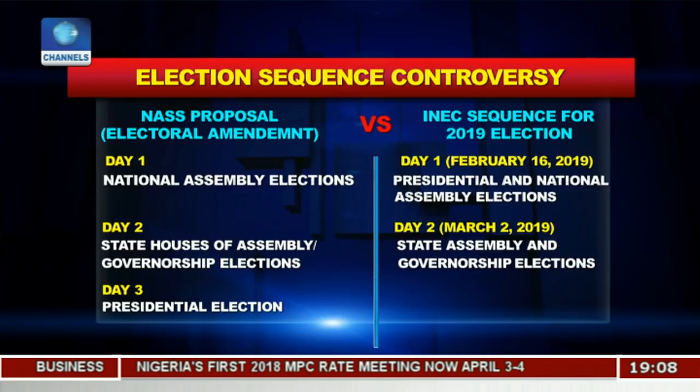That means that the National Assembly elections will come first, the Senate and the House of Reps elections. Then on day 2 of the election, we have the state houses of assembly and the governorship elections. And the 3rd will have the presidential election. So that is how it will be. That is a bone of contention. Well, then let's get into conversation tonight, because this is a very major issue,